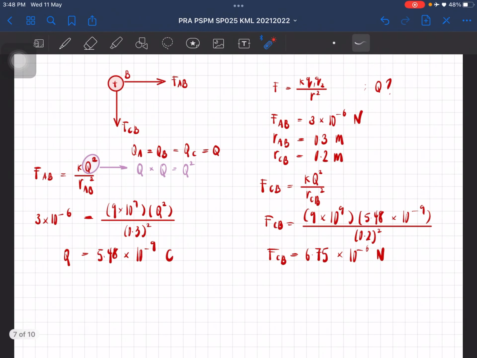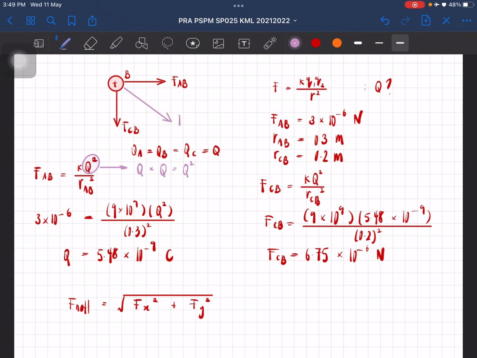Okay, so if we look at this diagram here, we only have the force in X component as well as Y component. Okay, so sekarang ni kita boleh directly use this equation, which is equal to square root of force in the X component as well as in the Y component. Okay, so kita dapat yang ini. Okay, sebab sekarang ni ada satu untuk X and then ada satu untuk Y. Tapi kalau tiba-tiba in other questions dia ada muncul macam ni,